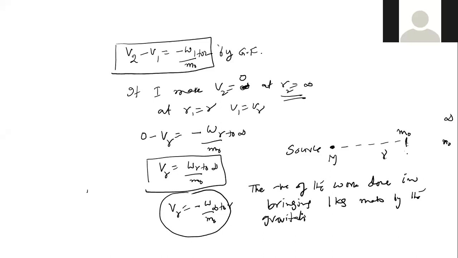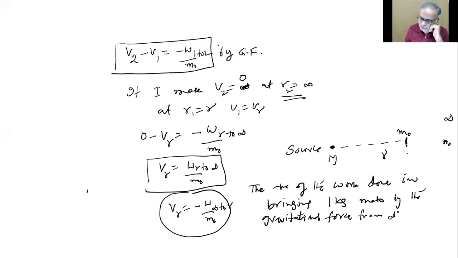Sir, so if there was an agent at infinity, the work being done is gravitational force. Actually, they are connected. Once you really follow the field strength, you will follow this. But if you say you followed that but this you are not following, there is some mismatch. The negative of the work done in bringing 1 kg mass by the gravitational force from infinity to a point in the field is called the gravitational potential at that point.